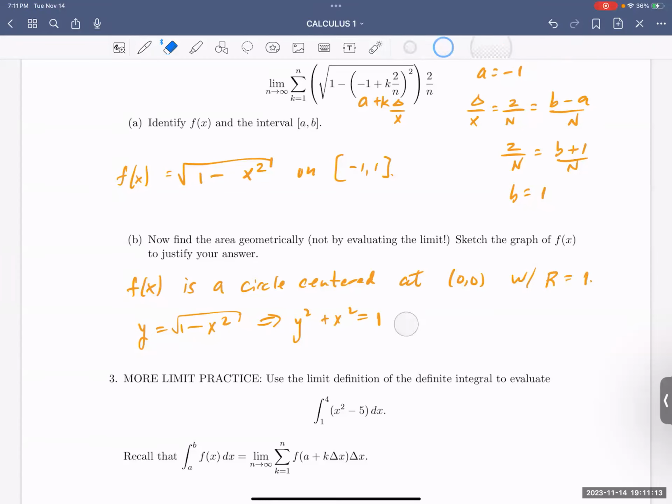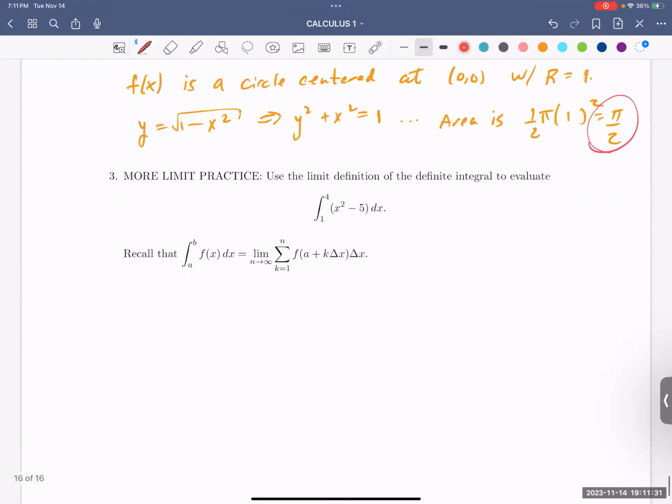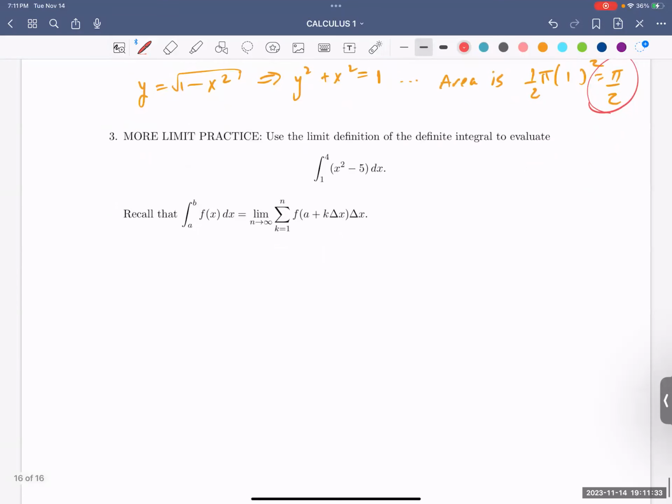So the area is half of pi r squared, and the radius is 1, so we get pi halves. There's our area. Use the limit definition like we did today in class. That is, you're going to expand this thing. So let's do that. We'd have